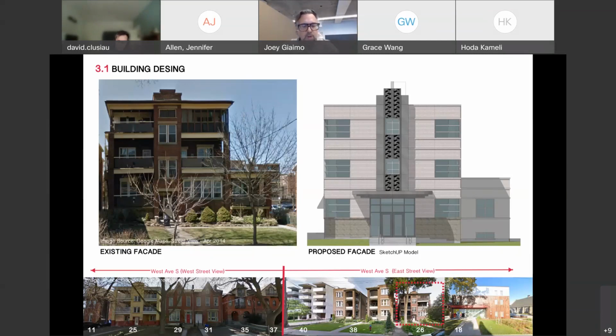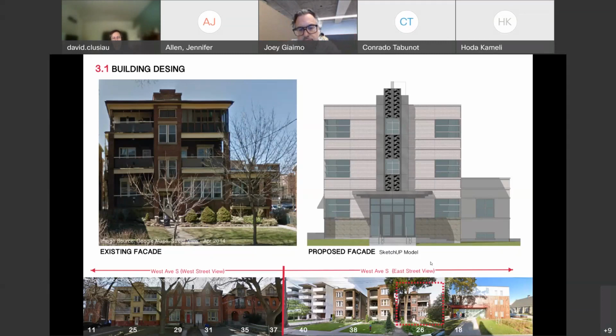I think that's helpful. Maybe this question's for Conrado or Grace. What was the motivation or the inspiration for the proposed front facade? I think this maybe aligns with some of the comments you're getting from Heritage at the City. So we believe the front facade is very reminiscent of the existing facade. We're still using brick veneer and introducing some stone veneer.